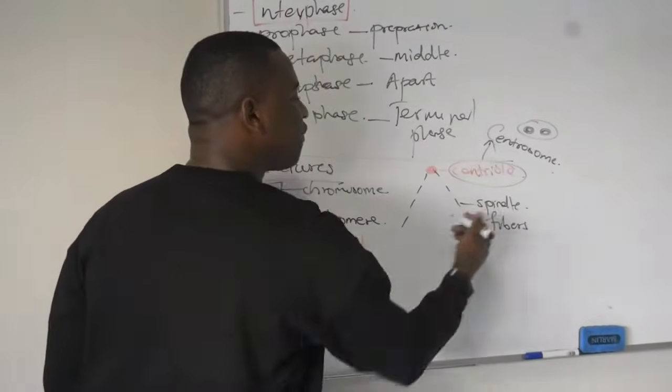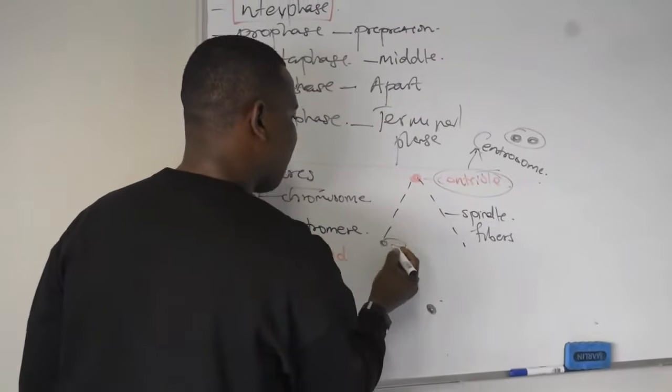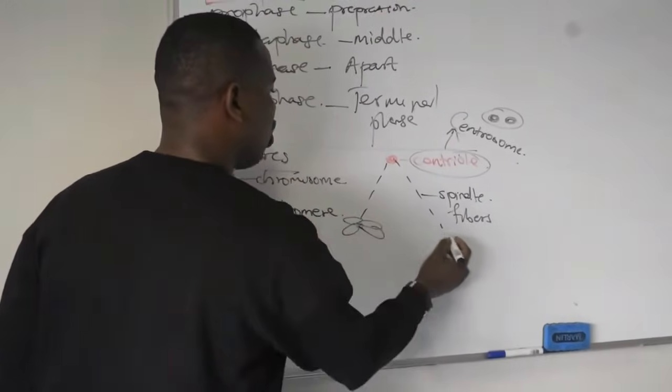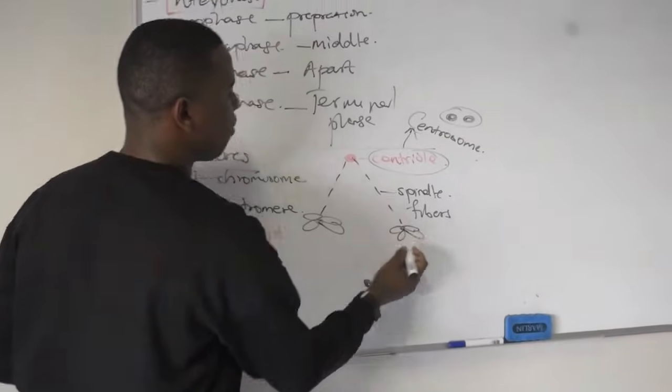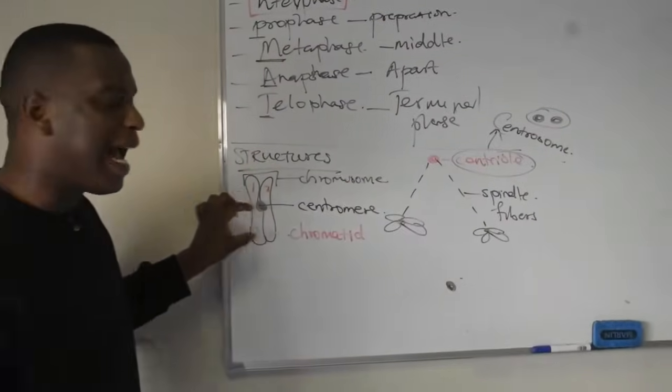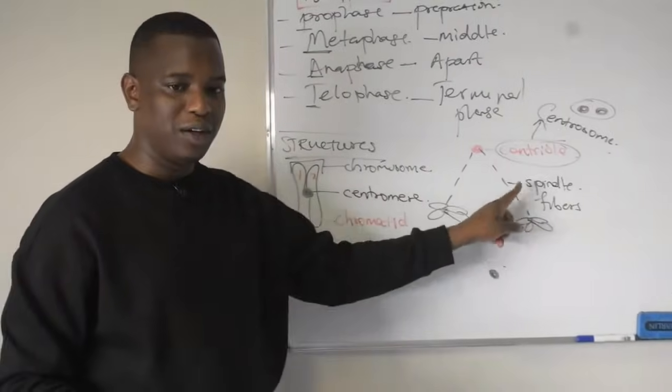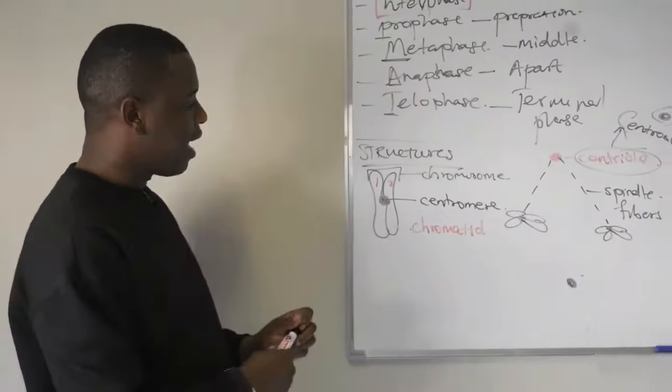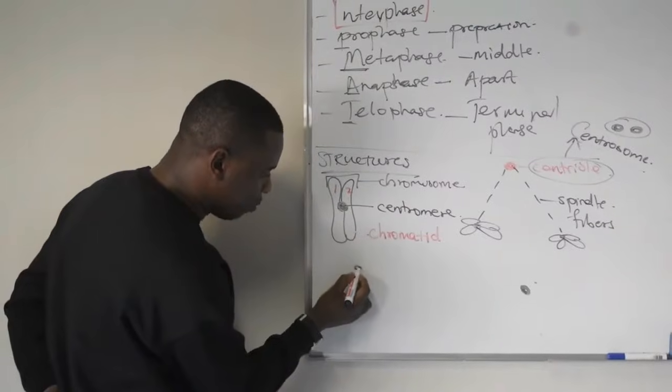What are the spindle fibers going to do? The spindle fibers are designed to hold the chromosomes in position. So when the chromosomes are lying along the equator, they are held by the spindle fibers. Right. And then when you see chromosomes like this